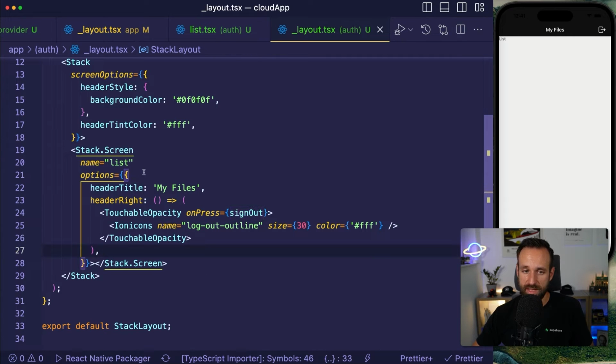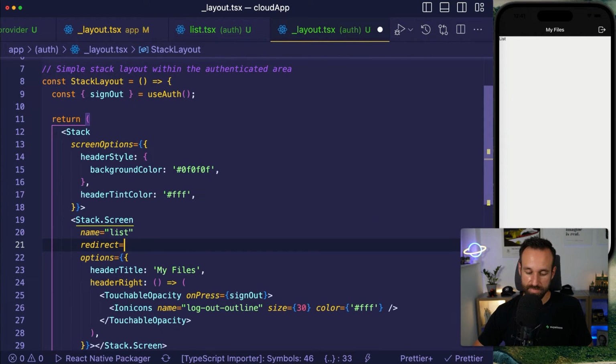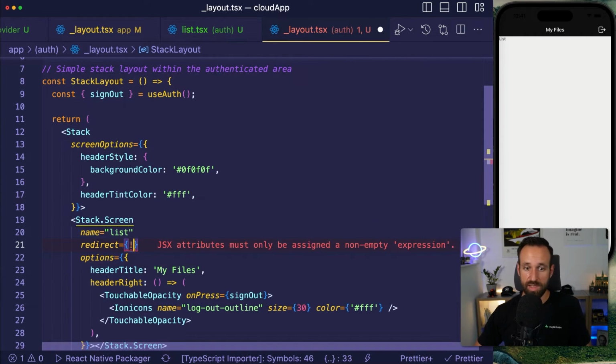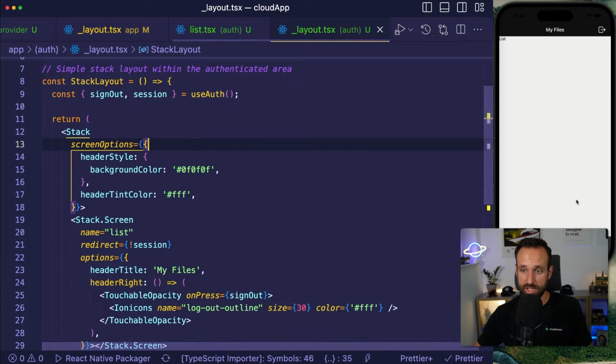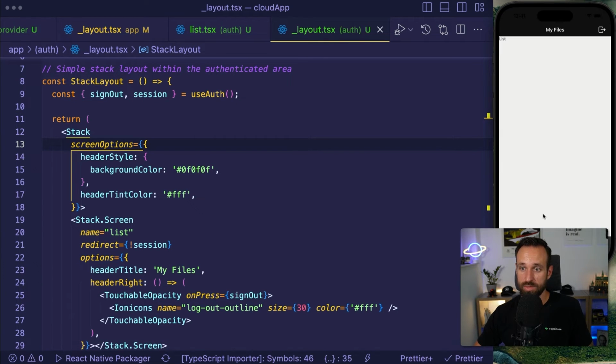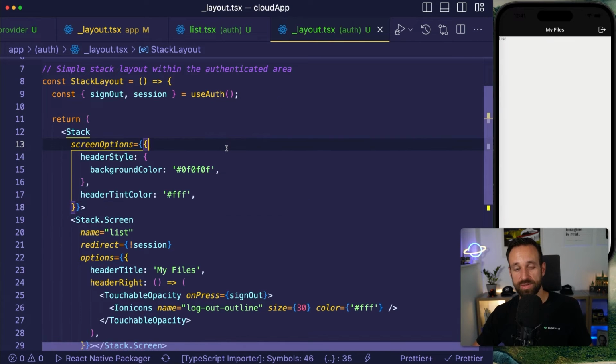There's one other thing that we could do. We could also have a redirect here. So in case we don't have a session, we could add a redirect. That would also further protect this page. But nonetheless, we should be able now to get to that page. And with that, we have already finished the first part of this